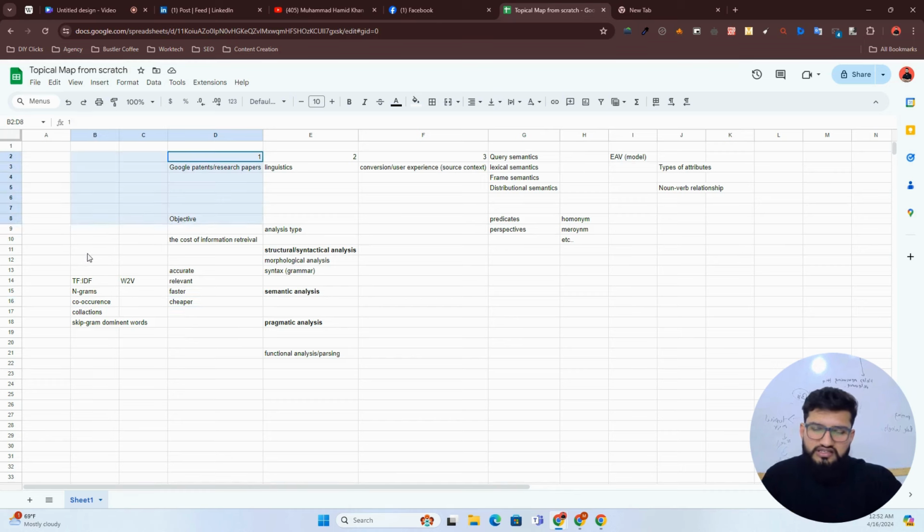So if you understand these core objectives, how the machine operates, then you're going to make your topical map very easy to work around these core methodologies and terminologies that mainly come from search engines. If you want me to create a separate video on the terminologies of semantic issues coming from Google patents and research papers, just let me know in the comment section and I'll do that.